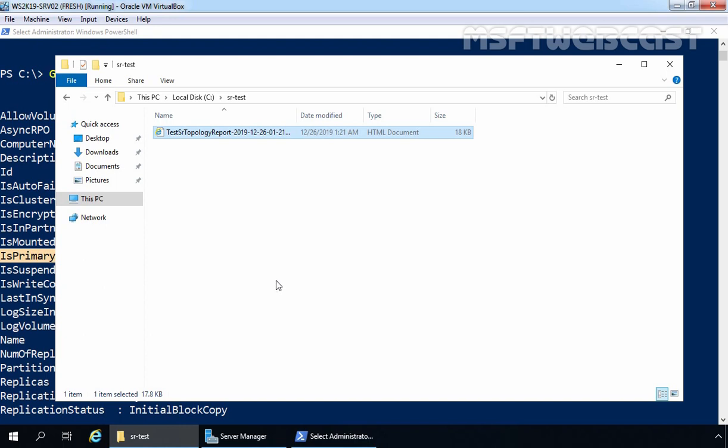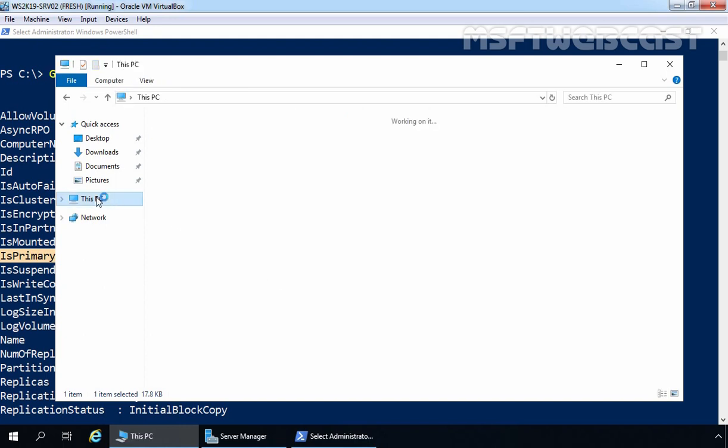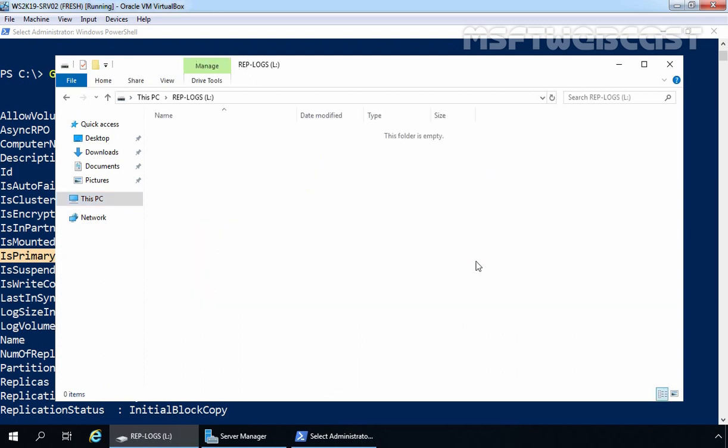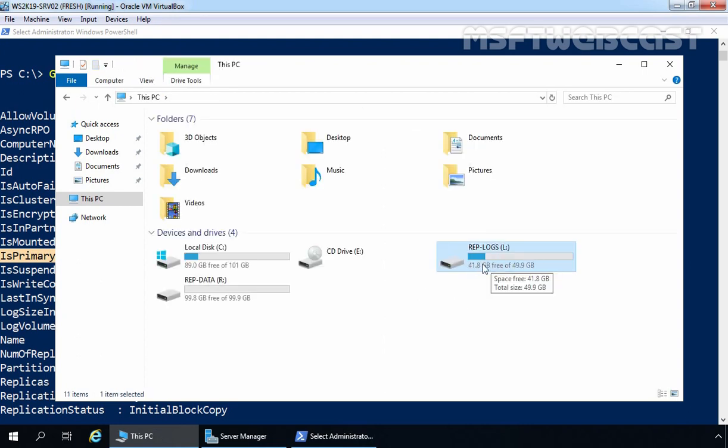Let's open File Explorer. Right now we are on our SRv02, and if you open File Explorer, you can see those 3 volumes are still available on our SRv02 server. But here you can see under replication logs volume, some data is there. Let's verify that. We are not able to see any data, but if we click on this PC, here we can see some data is there. Actually, 8 GB will be reserved for storage replica logs, and that's the reason why we are not able to see any folders under that volume, but still it is showing us that it has some data under it.